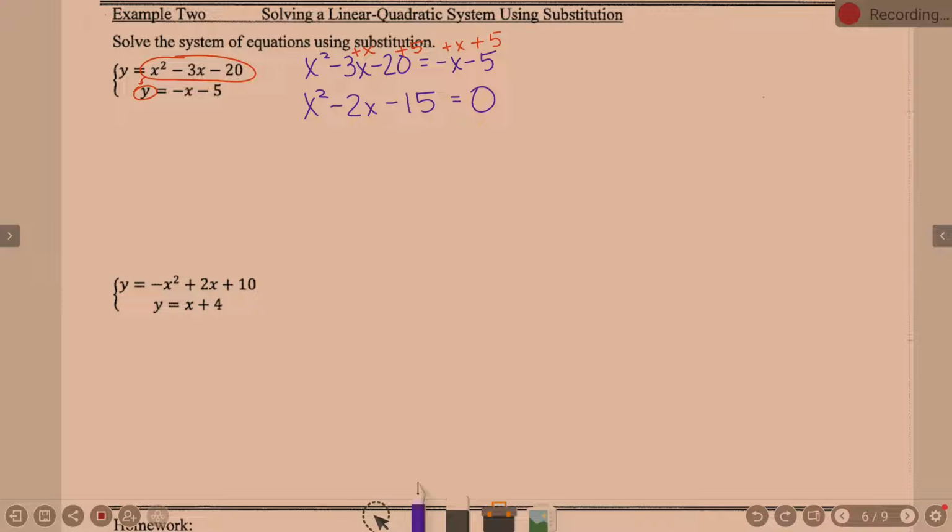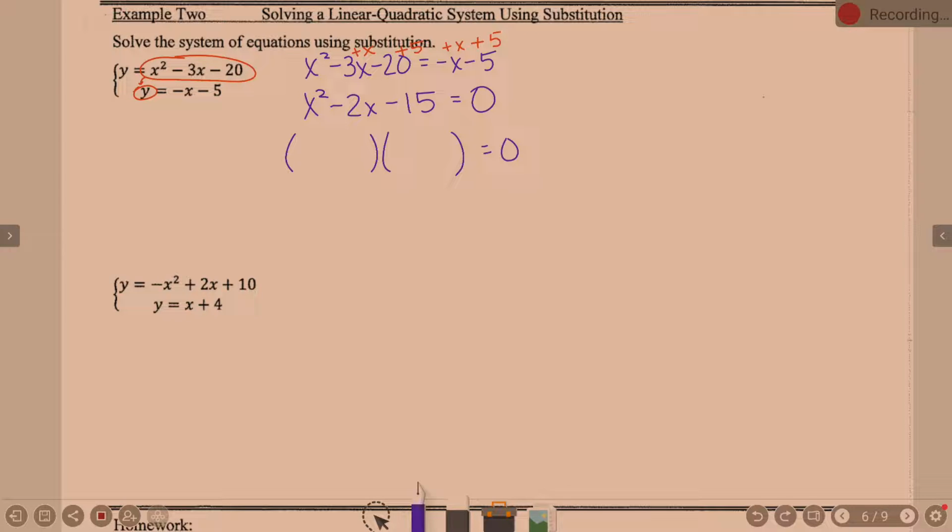This should be more familiar than the graphing, though, because this is definitely more recent. We've got that equation equal to 0. What are solving options once you have an equation equal to 0? We are going to really cross our fingers, hope, and pray at factors, right? So when she says factor, it's x squared, which means